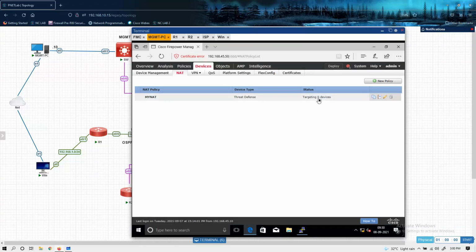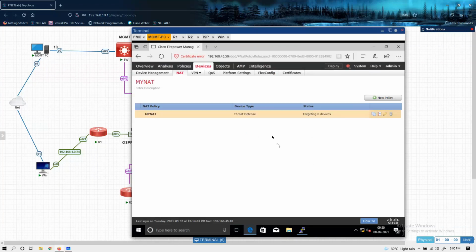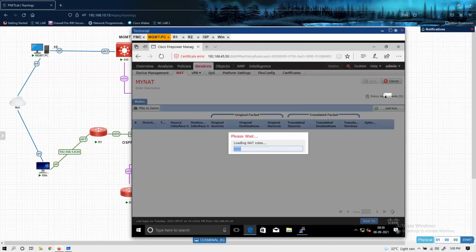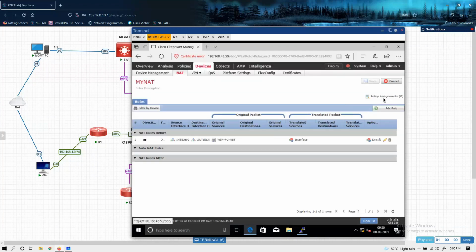See, it is saying targeting 0 device. That's why your communication is not working. Right? Edit this policy because we deleted the network device, deleted FTD from FMC, right? So policy assignment was removed.